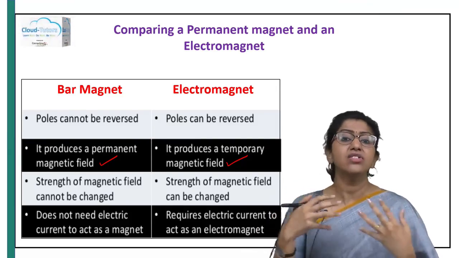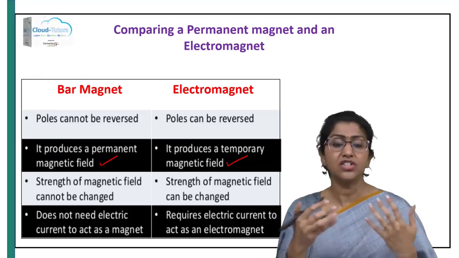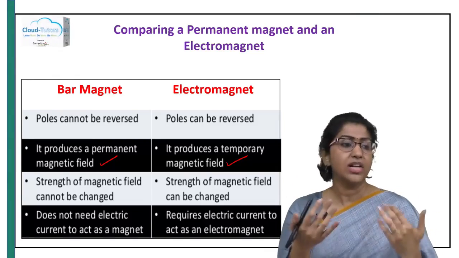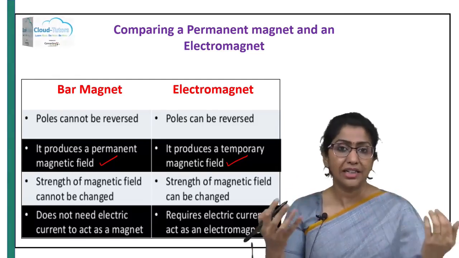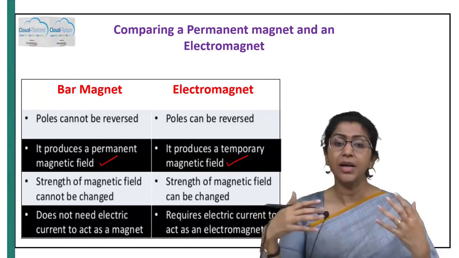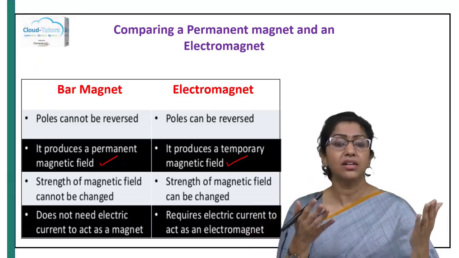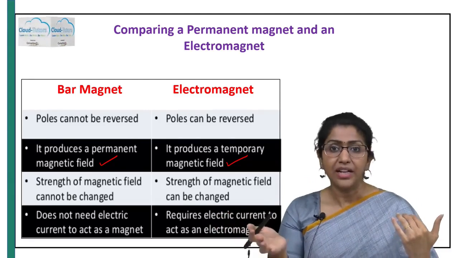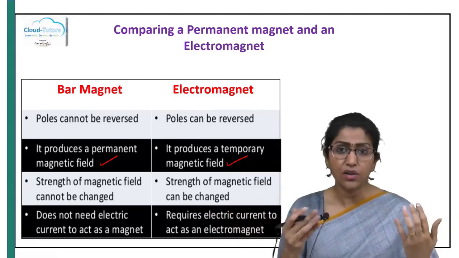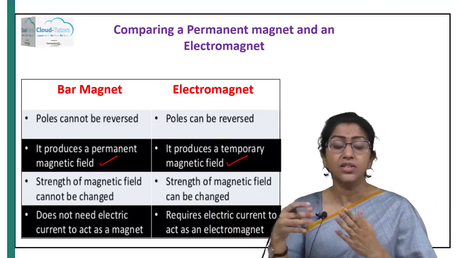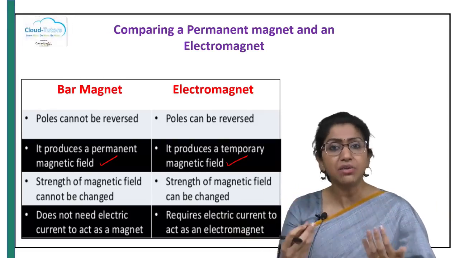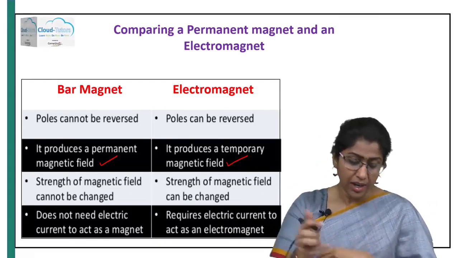So we cannot actually rely on permanent magnets, which is a hassle to be stored in a certain manner, right? Because they are magnets and there is a very strong magnetic field around them, they have to be stored in a certain place where there are no magnetic substances around them, correct? So there is no hassle of storing electromagnets, because they are temporary magnets and the magnetic field induced in them is also temporary.